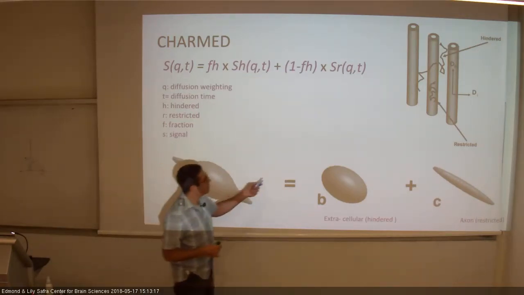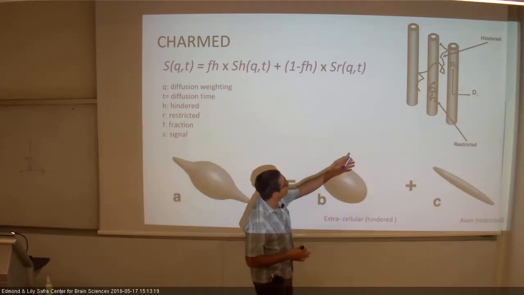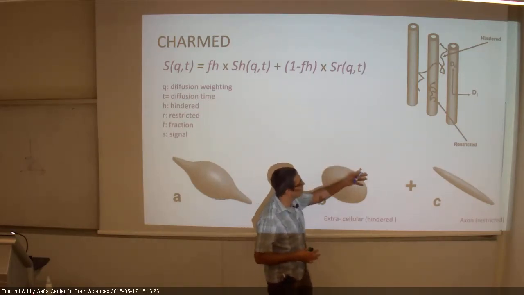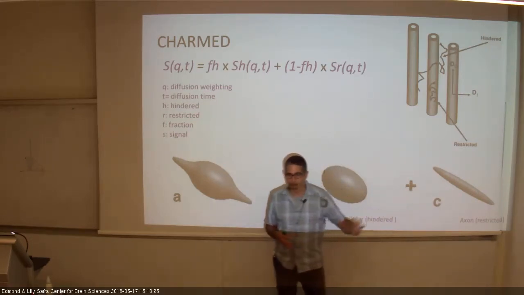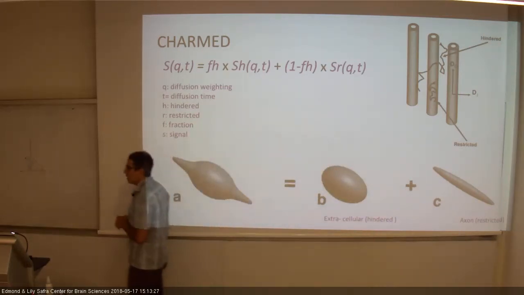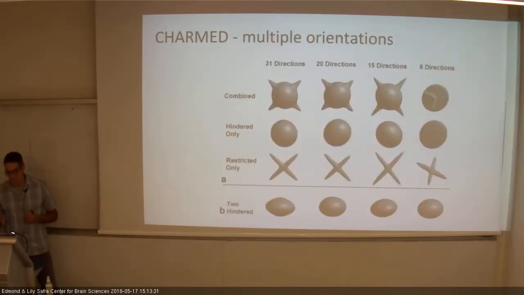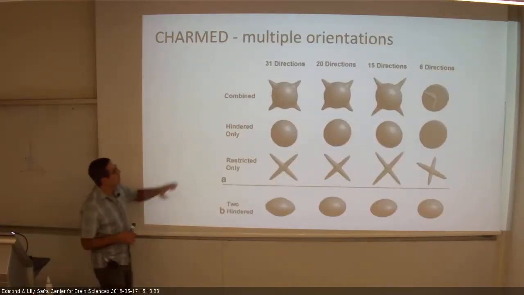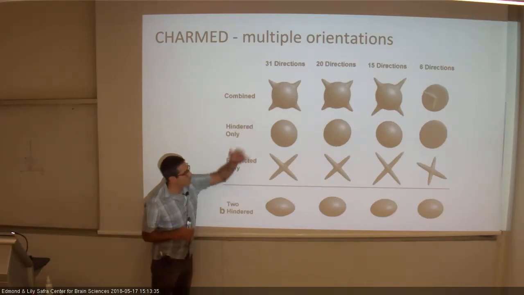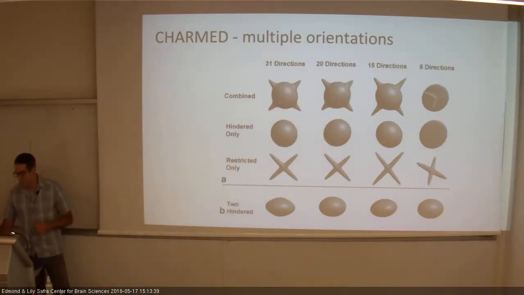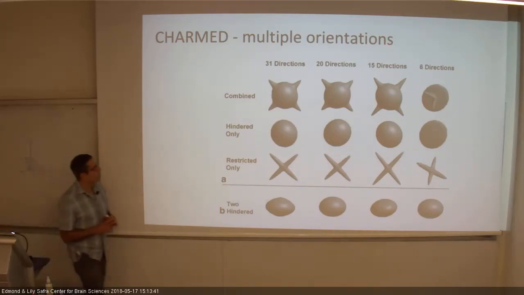And having this assumption, you have fewer parameters in your model, and your results are more interpretable. So then they can do a mix of several restricted and maybe only one hindered, and you get these funny shapes. And the interesting thing is that if you change the diffusion time,